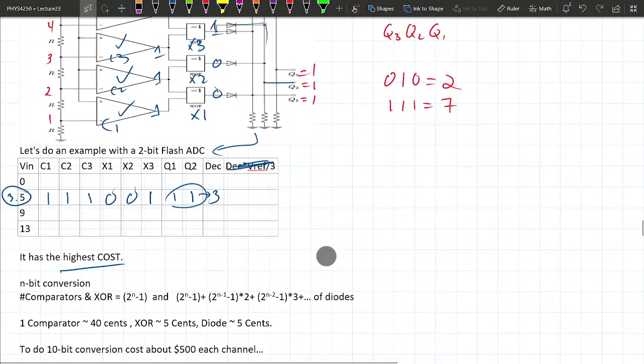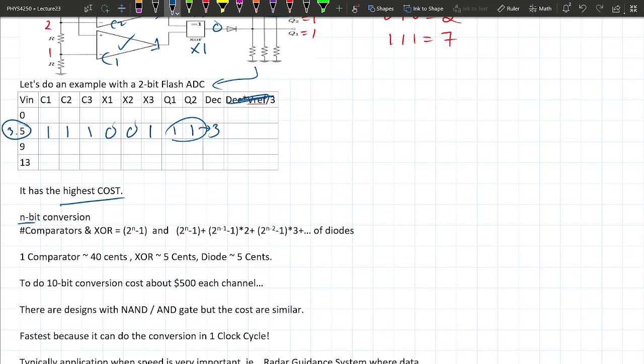In fact, if you count this stuff up, for n-bit conversions, the number of comparators and XOR gates you need is going to be 2 to the n minus 1, and 2 to the 2 to the n minus 1 minus 1. Those are exponents, okay? I didn't want to try to simplify this using some StatMech stuff. These comparators are maybe 40 cents, XOR gates 5 cents, diodes are 5 cents, so each of these is going to cost you about 50 cents. So if you were doing 10-bit conversion, so 2 to the 10 minus 1,